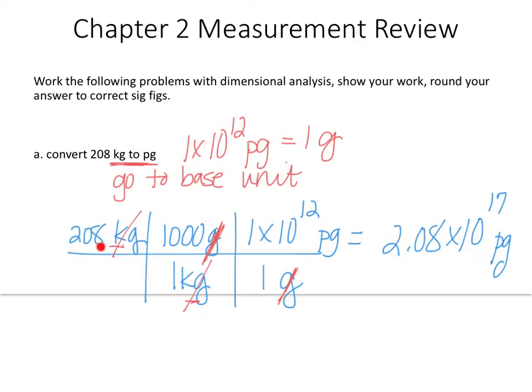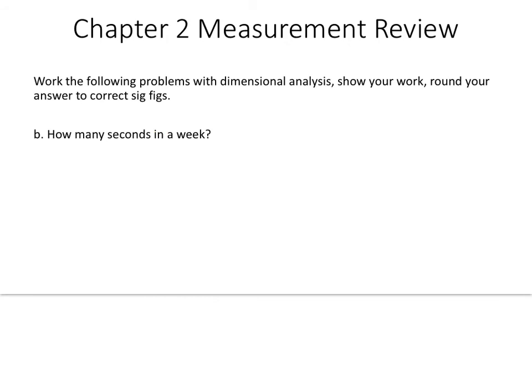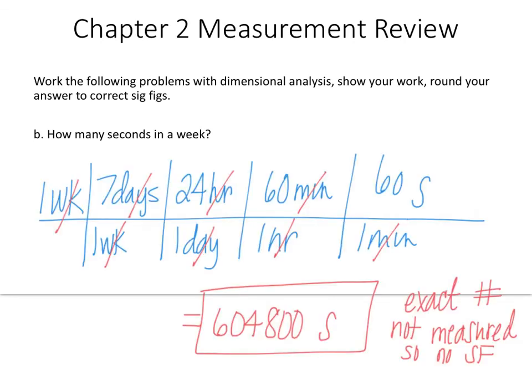Our beginning answer had 3 significant figures, so our final answer also needs to have 3 significant figures. So this problem is using conversions you already know, so I want to make sure that you know how to do that. So just like before, pause the video, work the problem, and see if you get this answer correct. So hopefully you got